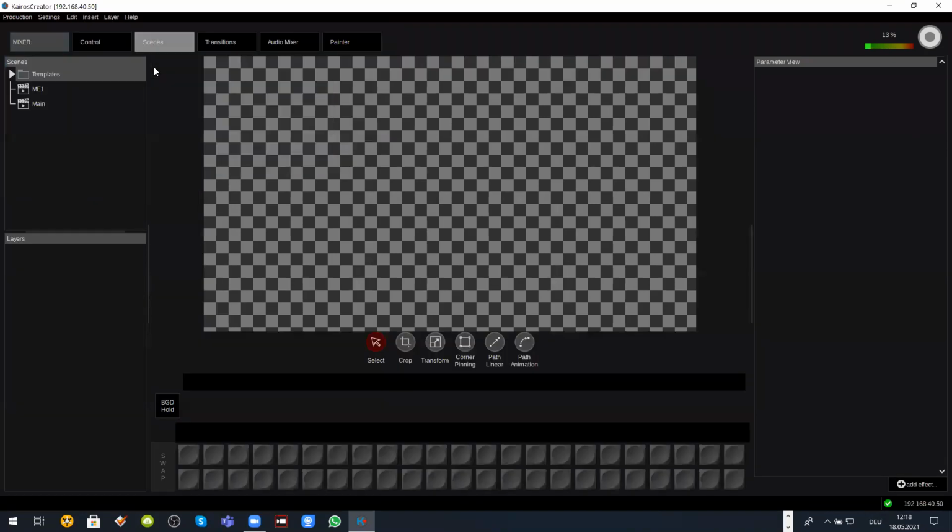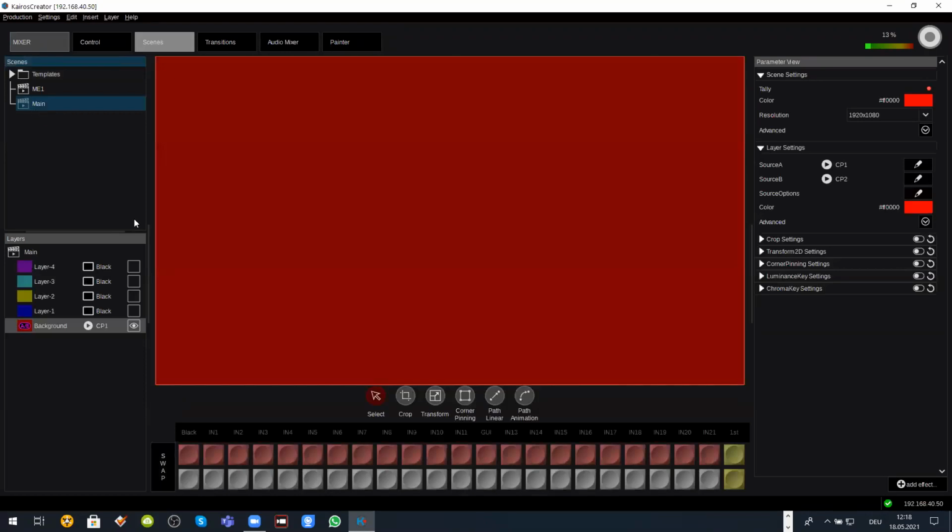Now going into the scenes menu over here and going to my main. So we have the sources, all of them, and now I need to figure